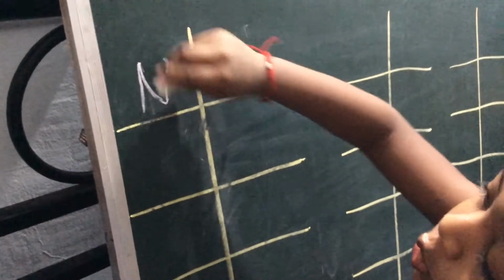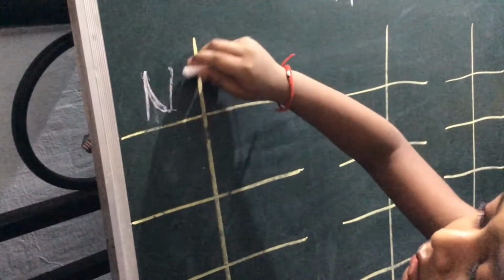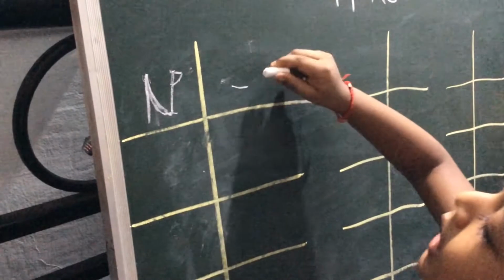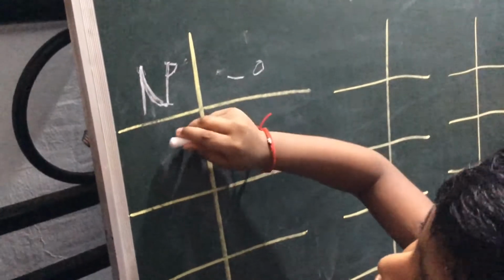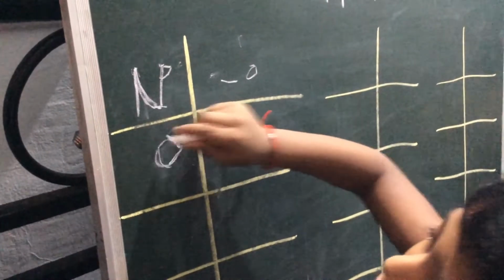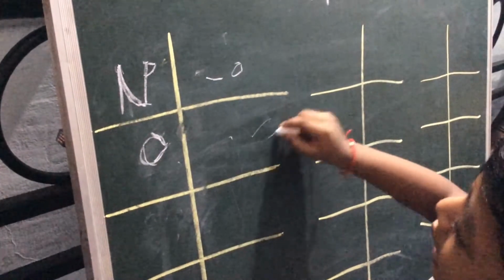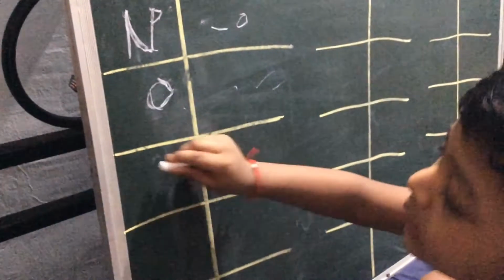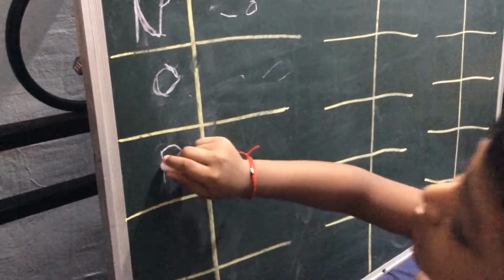Let's start, Grantha. See, this is N. Dot, dash, dot. Dash, dot. Okay. Yeah, O: dash, dash, dash. Okay. Yeah, P. So, this P is